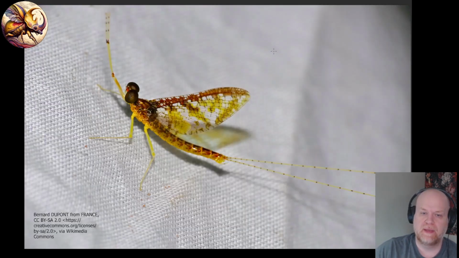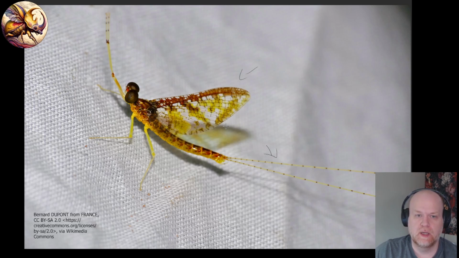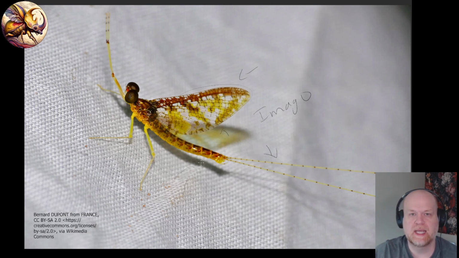So this is what a mayfly looks like. This one, like I said, this adult has 2 tails. This is an imago, the true adult, because it has clear wings. There's no fringe on these wings. It's a much more brightly colored insect. When you talk about a sub-imago,